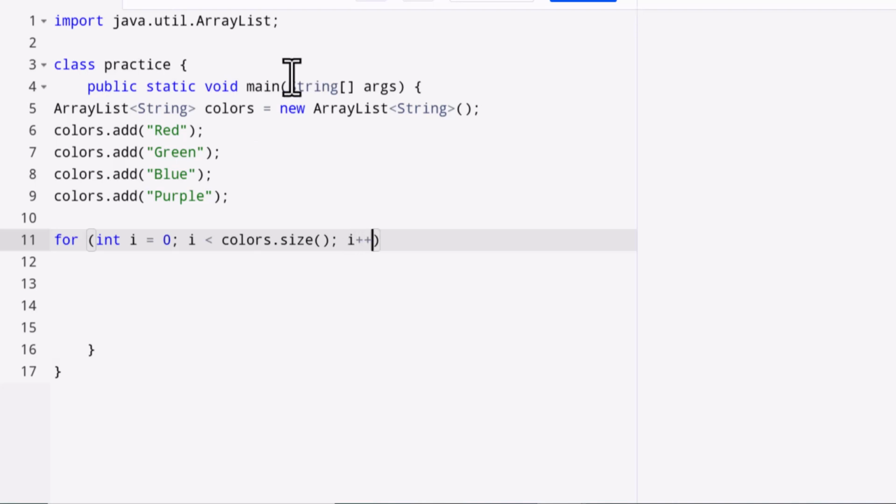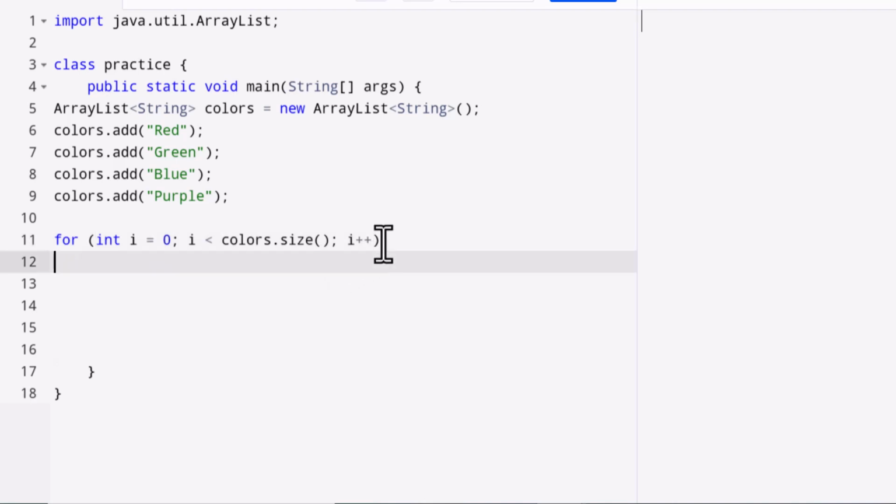All right, so basically what we're going to do is we're going to start at the first location, and we're going to go through so long as the location is less than the size of the array list. Then we're going to keep incrementing by 1. And so what we want to do inside of that now is we're going to make a new string. We'll just call it C. And what that's going to keep track of is as we navigate or traverse through this array list,